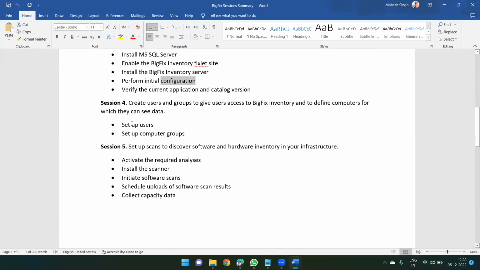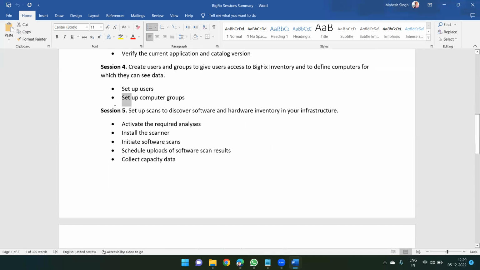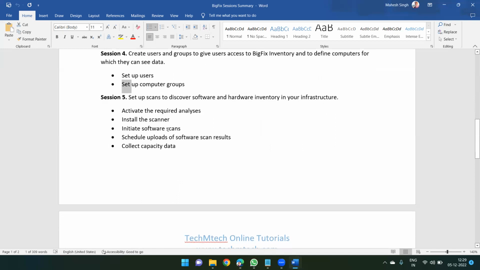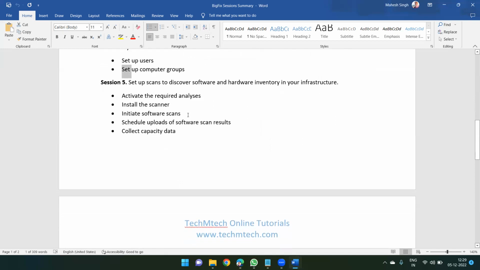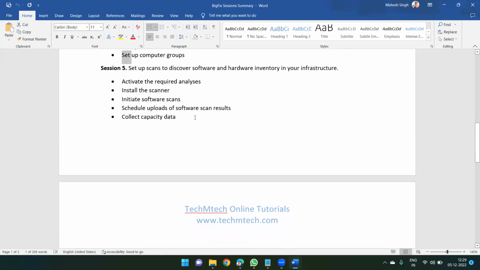In the fourth one, we will set up a few users. We will set up a few computers and groups. In the fifth one, we will activate the required analysis, whatever it is. Install the scanner, initiate the software scan, right? How to patch the devices, how to check the vulnerabilities, right? Those kinds of things. Collect capacity data, schedule, upload, and software scan results. So on those particular topics,